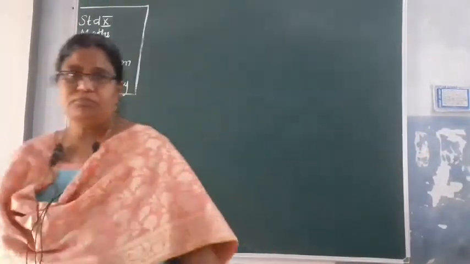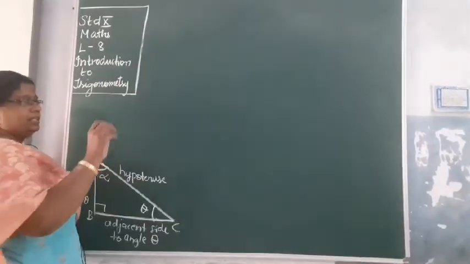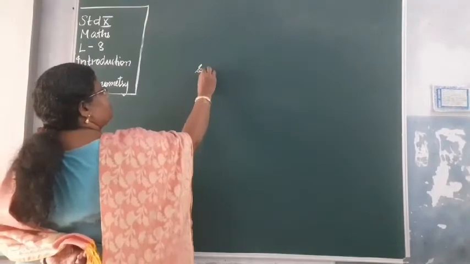Now we have written the trigonometric ratios with respect to angle theta. Now suppose I want to write the trigonometric ratios for angle A, which is represented by say alpha, या simply A लिखोगे तो भी चलेगा. In your books it is simply denoted as A, B and C. If angle A is represented in the form of alpha, then what are the different ways in which you can have the trigonometric ratios? Let us write down.